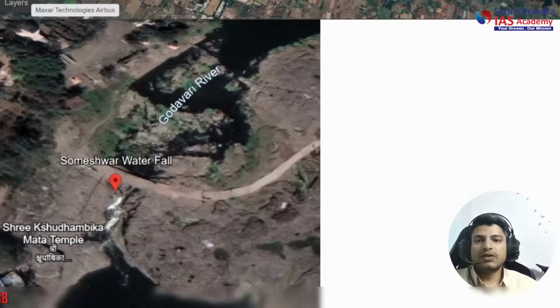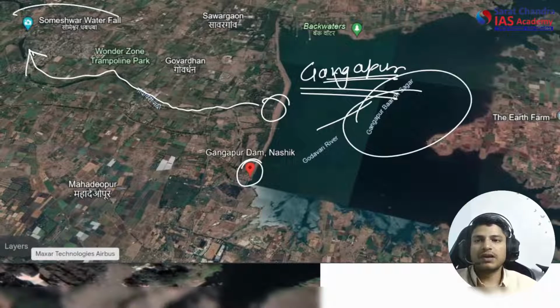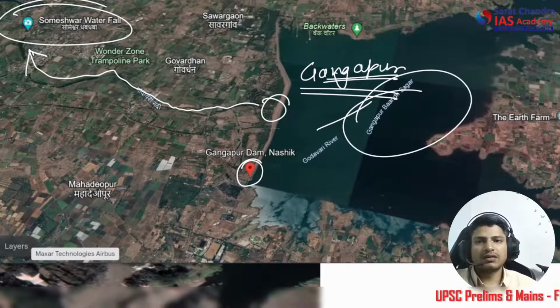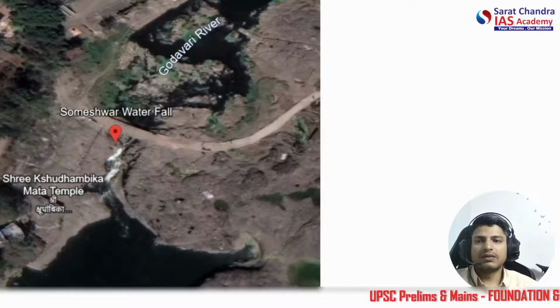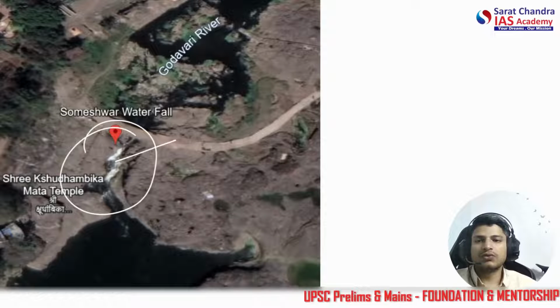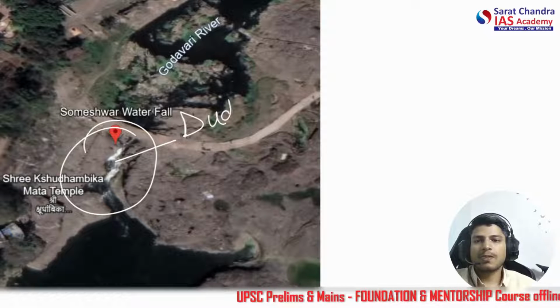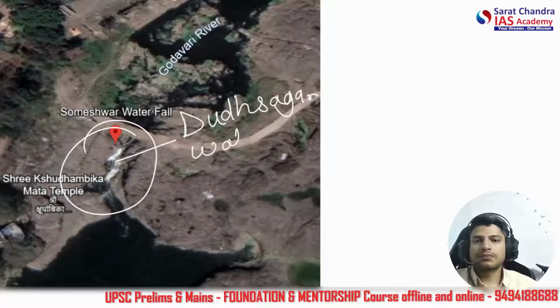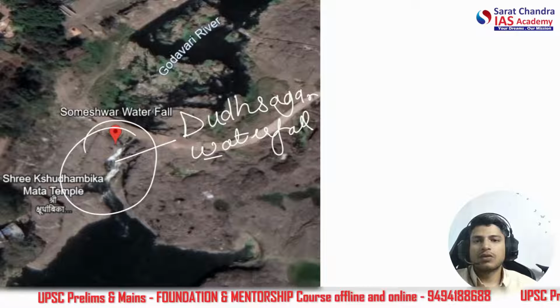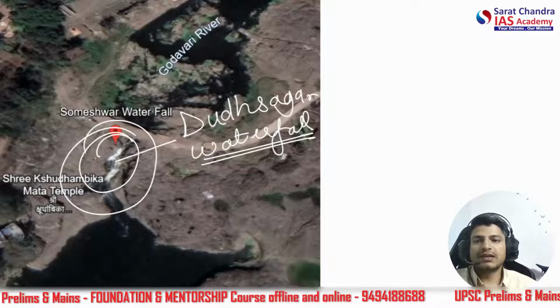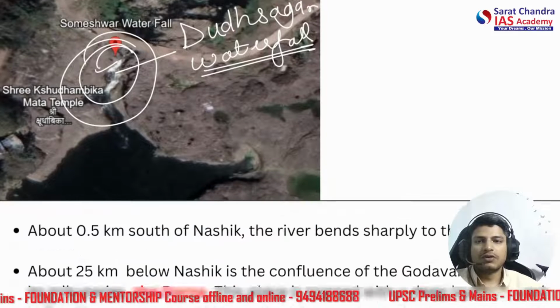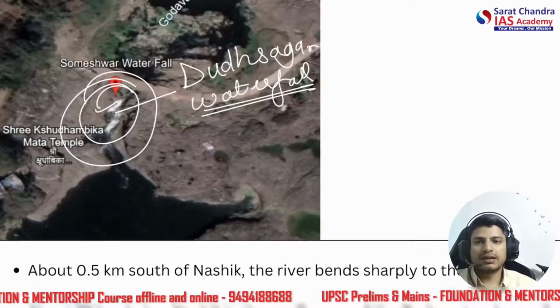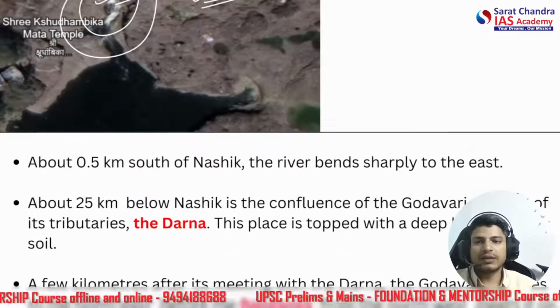Okay. Secondly, what we see after the Gangapur reservoir, here we see the Someshwar waterfall. Okay, both are located very close within a 5-6 kilometer area. This is the Someshwar waterfall, also known as the Dudhsagar waterfall, because of the milky color that it produces here. Okay, so I hope it's interesting to learn like this for you rather than just reading the names of the